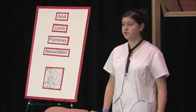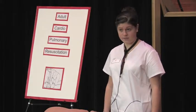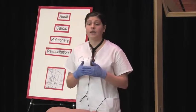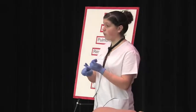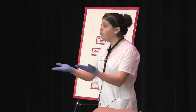Did you know two-thirds of cardiac arrests are more likely to occur at home than in any other place? A cardiac arrest occurs when the heart begins beating irregularly or stops beating altogether. By performing CPR, which includes chest compressions and breaths, you are continuing blood flow throughout the body. Recognizing the situation quickly and responding correctly could mean the difference between life and death. And being that most cardiac arrests are more likely to occur at home, you could be saving the life of